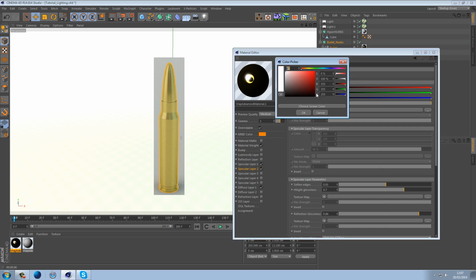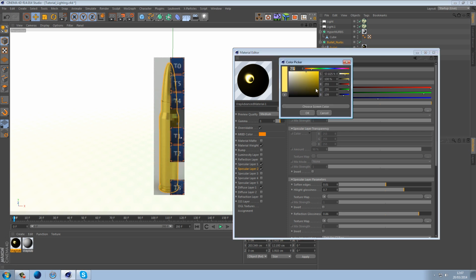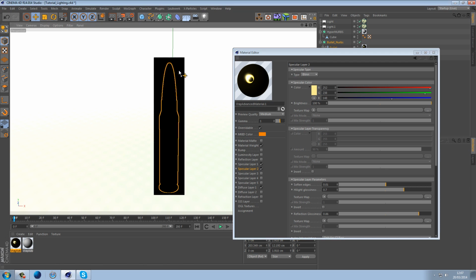So again, we need to change the colour because it's looking pretty good. However, it's not particularly good. So I'm going to change the highlight to a goldy colour. Maybe that's a little bit too gold, so maybe a little bit brighter. And looking at that, it's looking pretty good. Quite happy with that. So what we're going to do is increase the quality in the viewport,